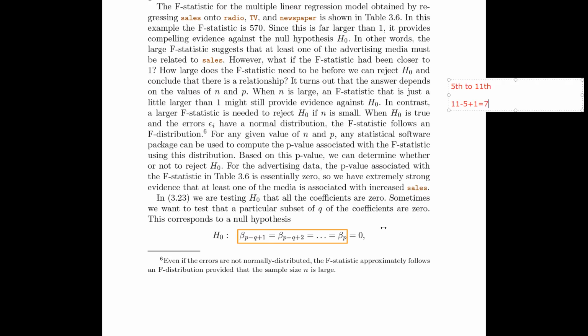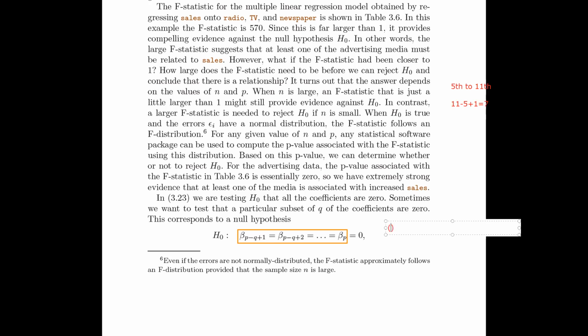Same thing over here. So we have the P minus Q plus 1 until the Pth. So we say P minus Q plus 1, and then I need to add the 1, just like earlier. And what do we get? P minus P is 0, negative Q is Q, and -1 plus 1 is 0. And that's exactly it. So we're only looking at Q predictor